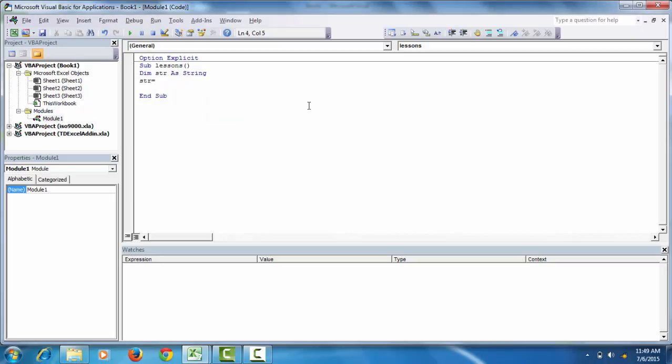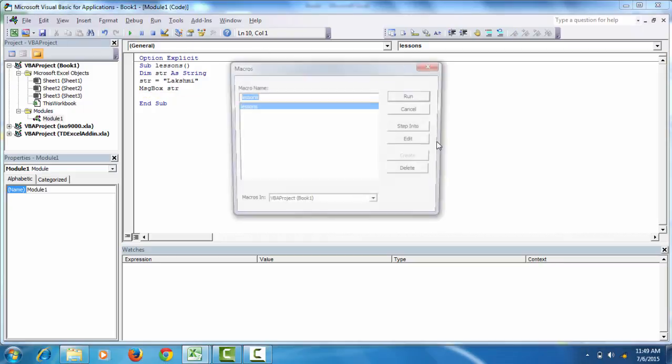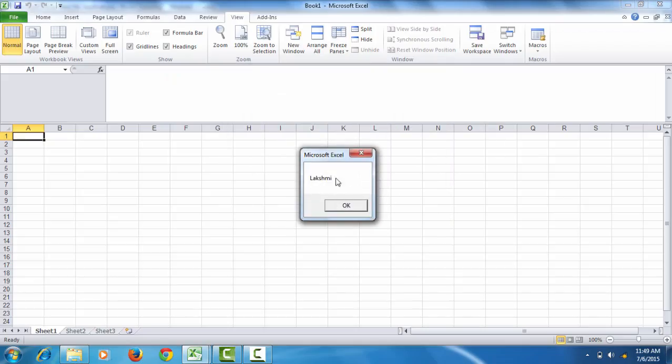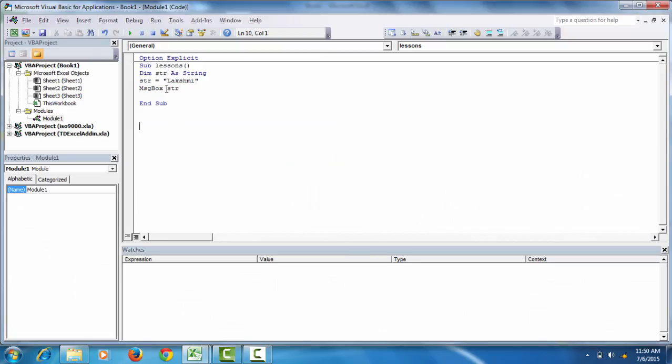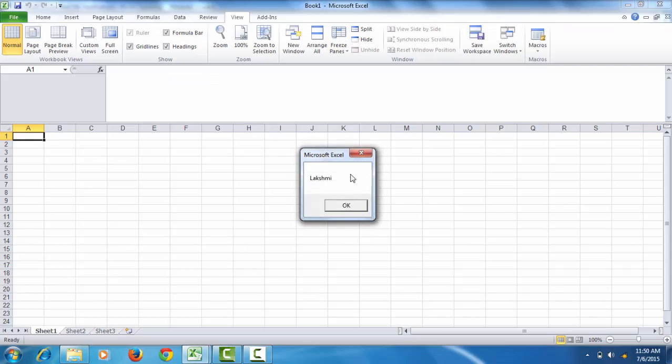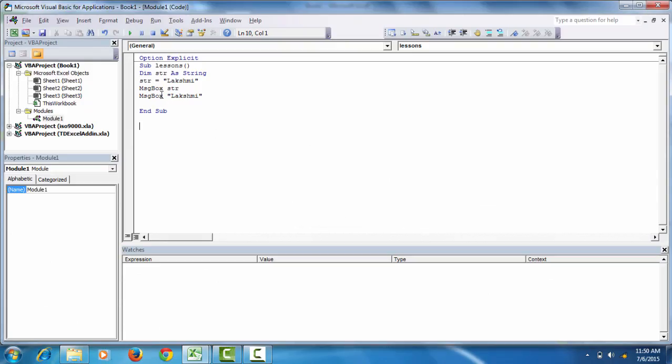Now my str will be my name. So when I try to print this, I get my name as it is, without the double quotes. You would have noticed that I put this word within double quotes, but when it gets printed, there is no double quote at the ends. When I try to print this as it is, both mean the same. Here also I get it without double quotes. Again, that is the difference.